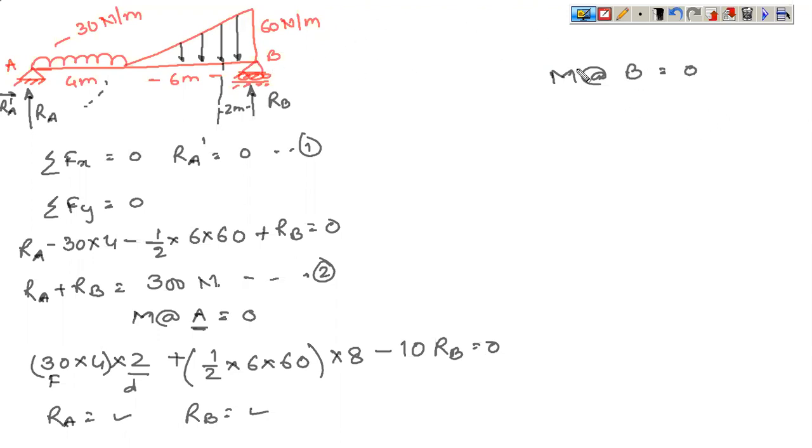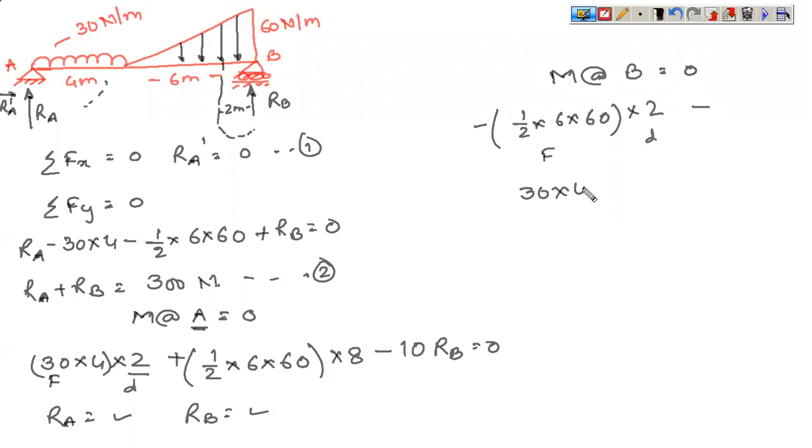If you take moment about point B, this is half into 6 into 60, your total load. Okay. This is resolved at a distance of 2 meters from B. So you are taking distances from B only. So this is 2 meters only. The nature is anti-clockwise because the direction of forces are in downward direction, multiplied by the distance. This will be the nature of rotation. So this is force, this is distance. Again minus